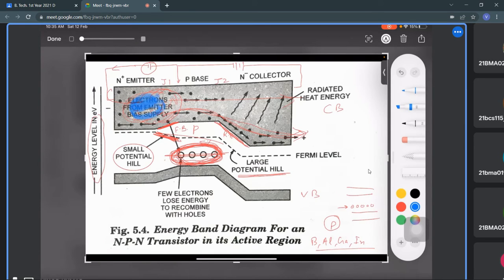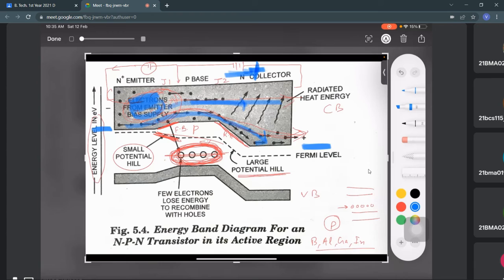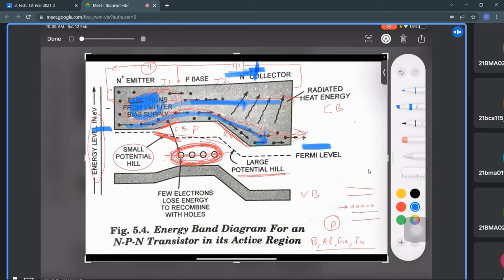As electrons increase here, there is diffusion, and this battery is also going to attract these electrons to this side, because this is positive, right? But as these electrons are coming down to this side, it means this is the higher energy side. If you see, this is a higher energy level, and this is a lower energy level. Can we see? So that means they are going to lose some energy.